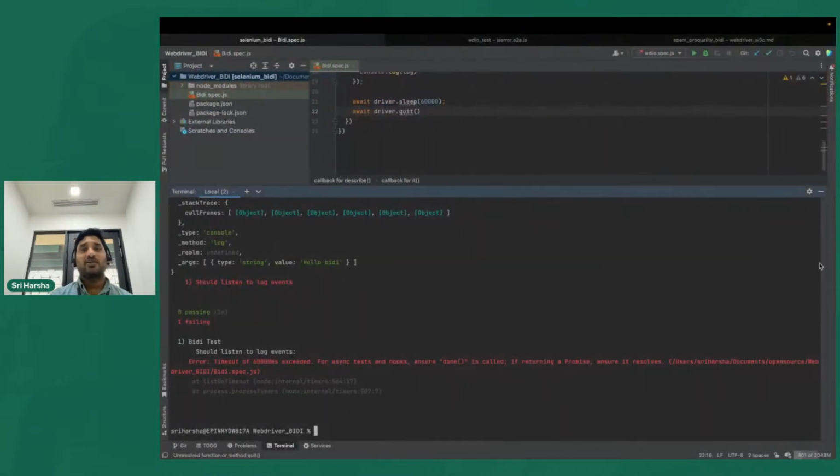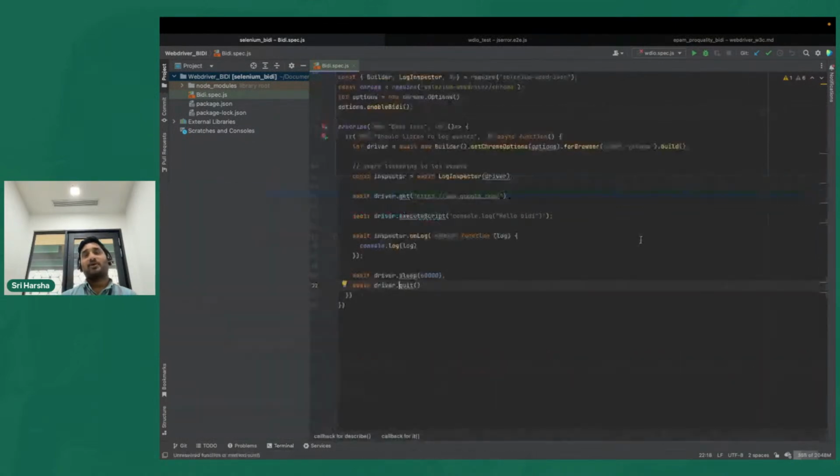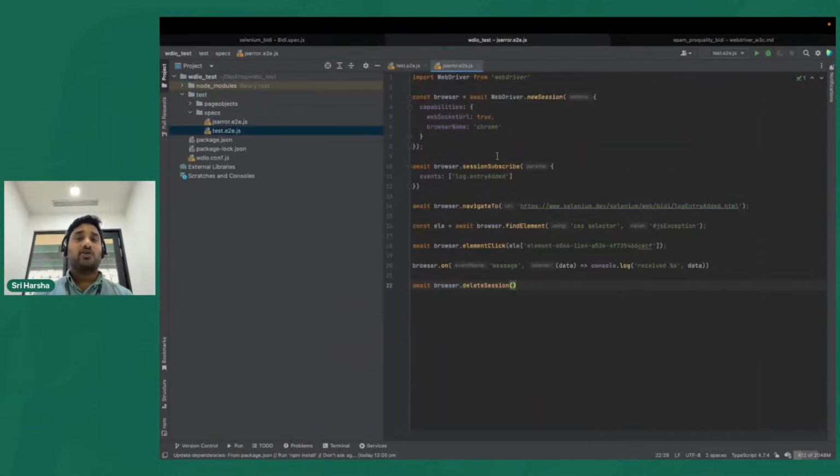This is because the Chromium team wants to show you what commands you are sending using the WebDriver BIDI. Later in the future maybe they will remove that mapper window, but currently it helps you to see what commands you are sending. Okay, so this is the automation with Selenium, and now we'll move to WebDriver